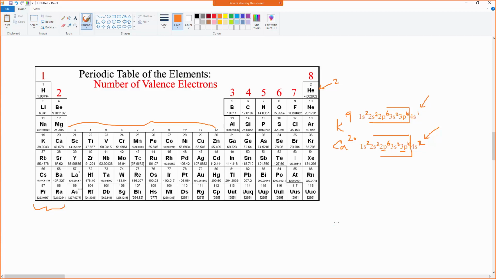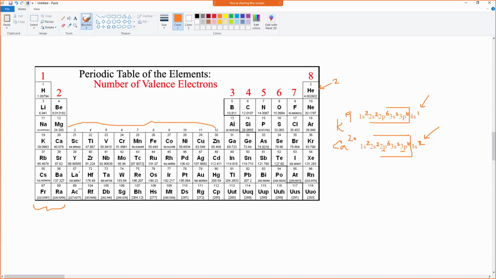I'm glad that you asked that question because it gives us an opportunity to look at potassium and calcium and see that these really do end in there's only 1 electron here. So everything in that first column ends in 1 electron. So you've got 1 valence electron. You can see how calcium's got 2. If I keep going across,